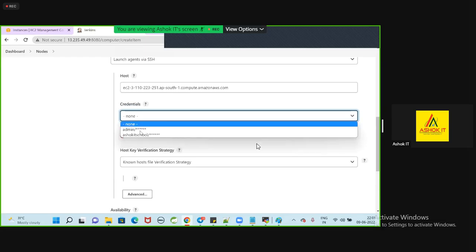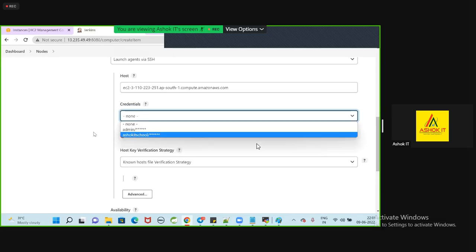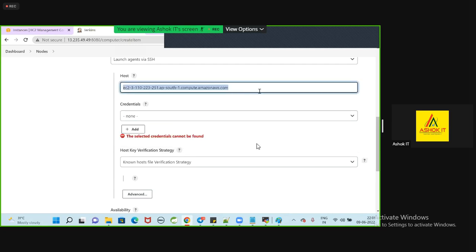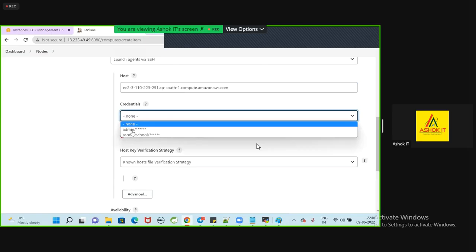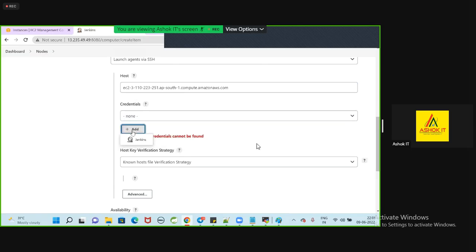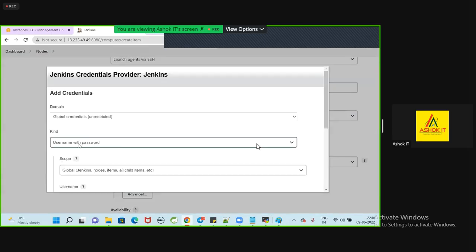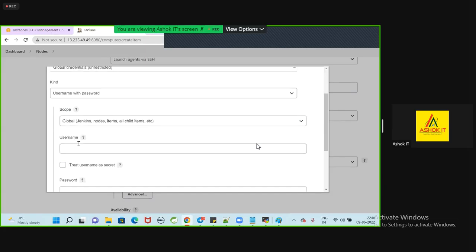Credentials: currently Git credentials are available and Jenkins credentials are available, but this EC2 VM's credentials are not available. This is the DNS of my slave machine. Click on the credentials, add the credential, add it, Jenkins. If you know the username and password of your EC2, you can configure it, but I don't know the password of